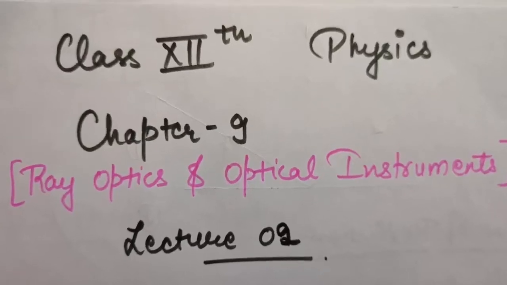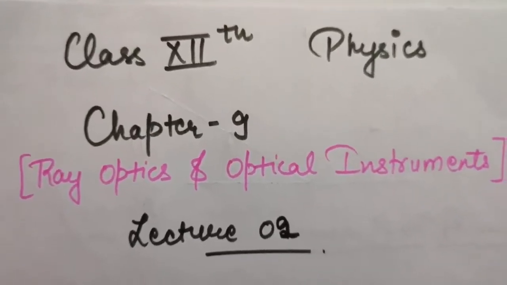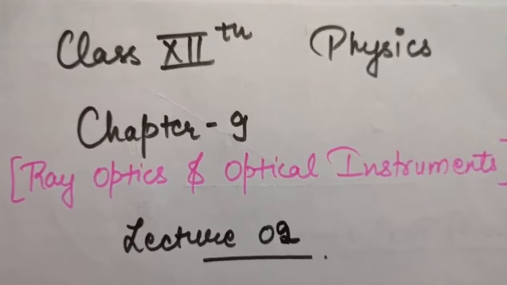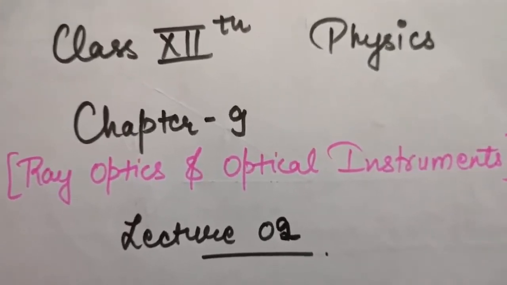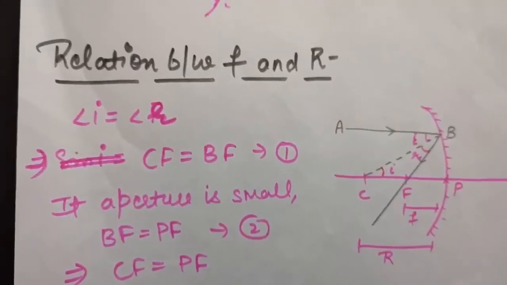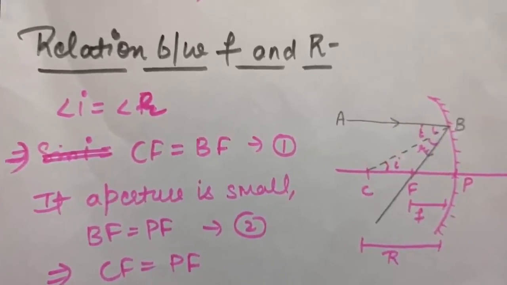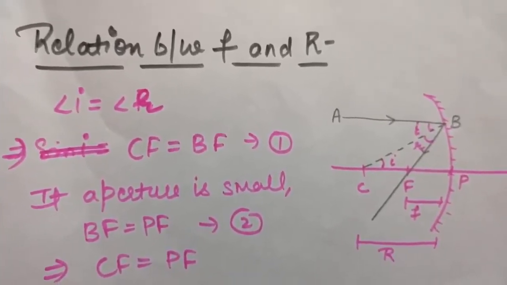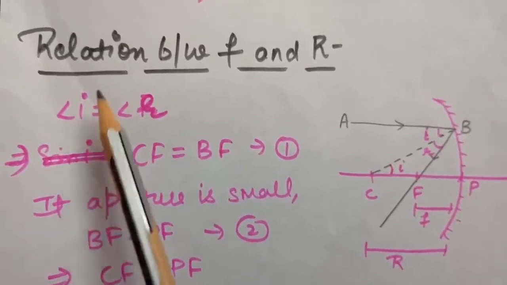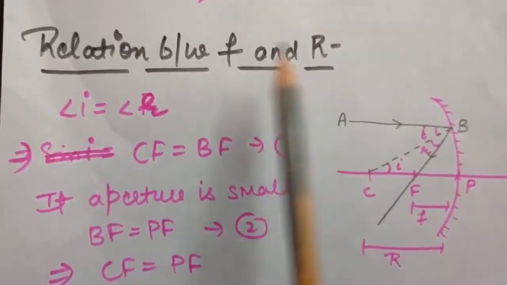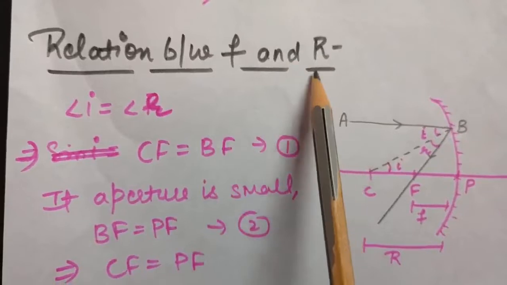Good morning, students. So this is physics for class 12th students and this is chapter number 9, lecture number 2. So in yesterday's lecture you studied about all the basics of optics, about mirror and about various rays. Okay, so today we'll start with the relation between F and R, that is focal length and radius of curvature